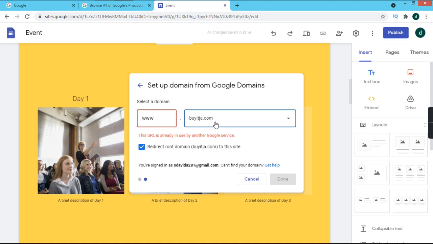So this is one domain I used to use a couple of years ago, but I had to close that website down because of some difficulties and work. So that's it. That's it. You add your domain and